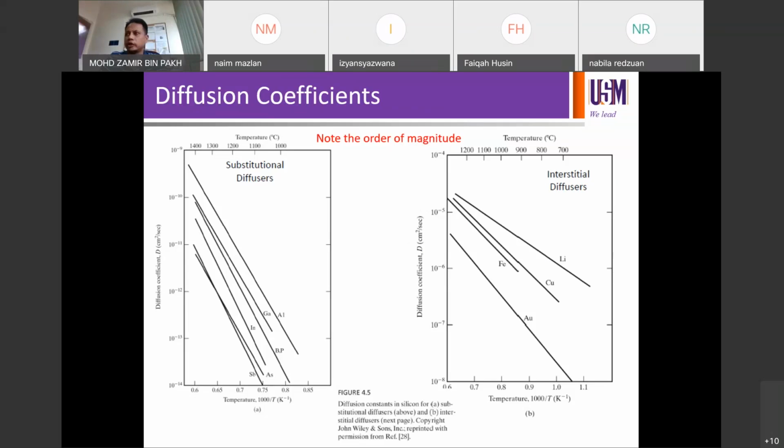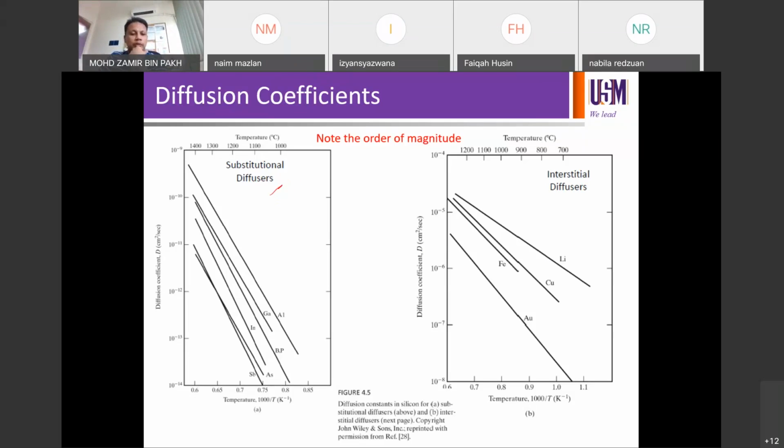So the way they are incorporated into the silicon lattice is different. If you look at the left graph, you can see substitutional diffusers, which are common for a diffusion process, like boron, phosphorus, aluminium, gallium,